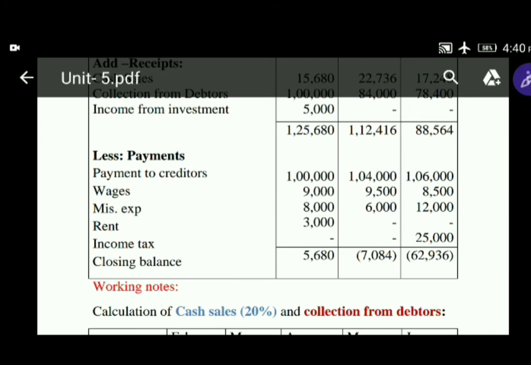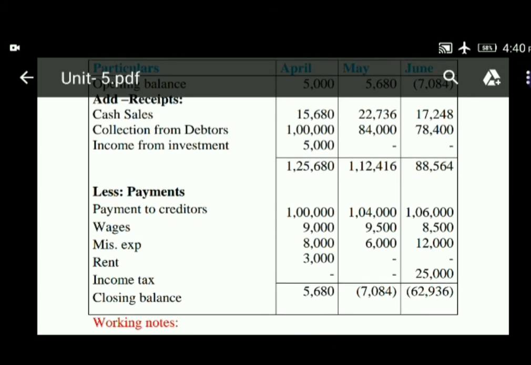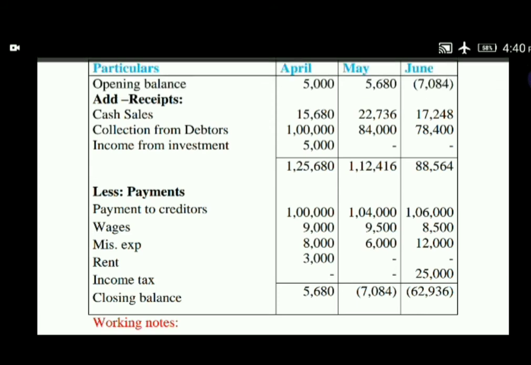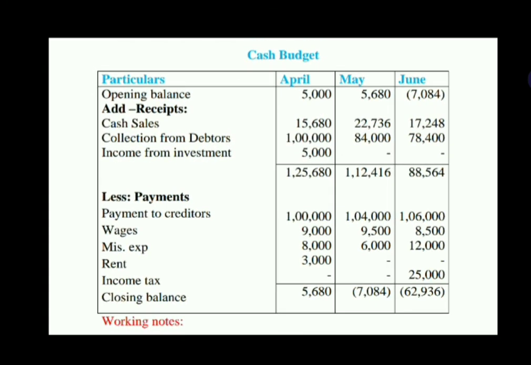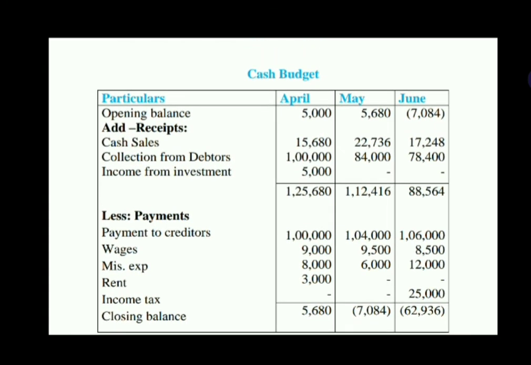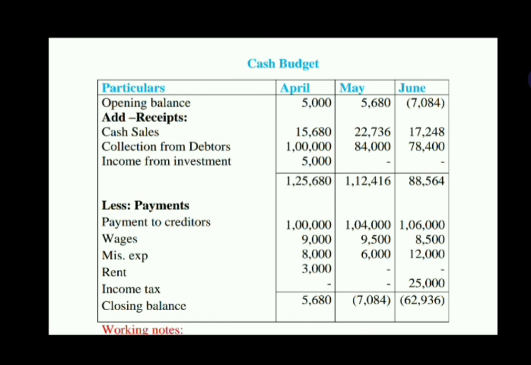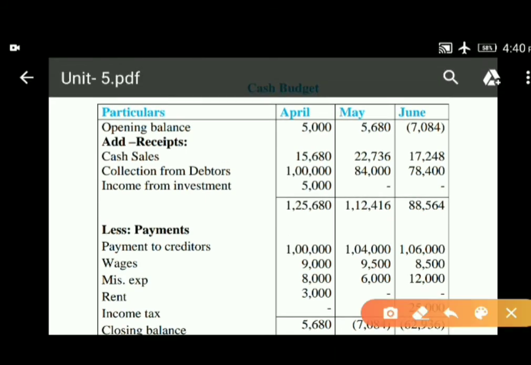Now the calculation part is over, and the amounts which have been taken from the working notes are all put together in this pro forma, that is the cash budget pro forma. Now we'll see here: 5,000 opening balance given already. We added all the receipts. Here the receipts, after adding all the receipts, here